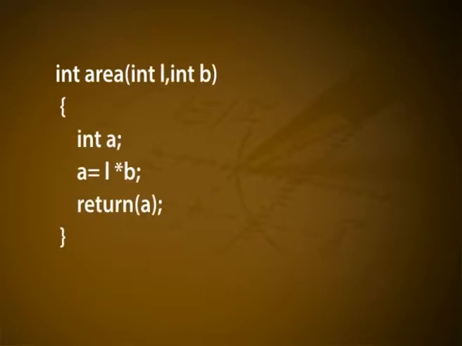Functions are defined within a program in much the same way as procedures. The difference is that a function header usually begins by specifying the data type of the value that is to be returned, and the function definition ends with a return statement in which the value to be returned is specified. For example: int area(int L, int B) { int A = L * B; return A; }